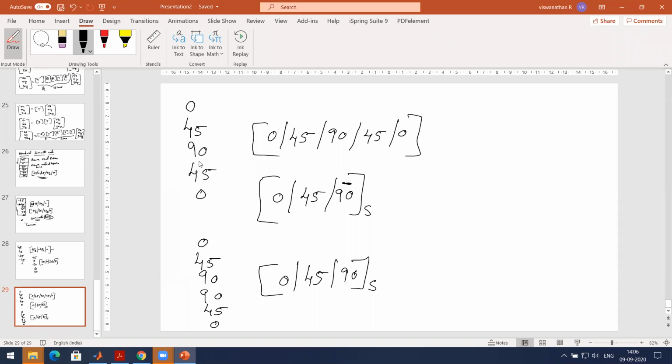Okay, sir. See, whatever you are writing is for what is given. These are given, and for this you are writing this. This is different from this, obviously, because there is one 90 layer missing here. There is a 90 addition here. Yes, sir. Fine.